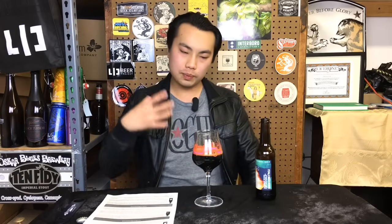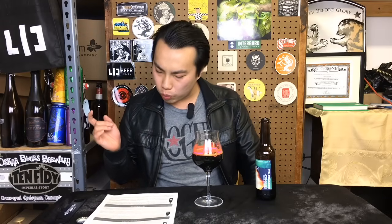As I get more, star anise comes in, a little bit of that orange rind. What else is in here? Figs? Maybe some figs. Kind of a smoky character on the back end, because the star anise is that spice sort of accentuating those flavors. Weird beer. I mean, it's a fun beer. It's interesting. You have to really think about the flavors a little bit more, but in the end, does it really make that much sense? It's sort of like a chocolatey port, if that makes any sense,